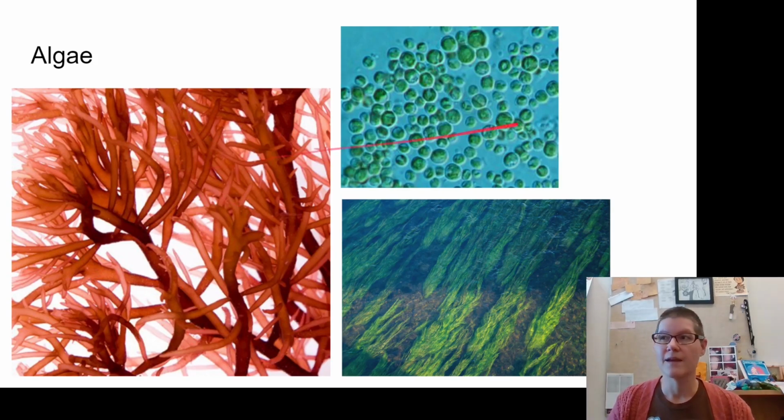This is chlorella, and chlorella is a useful algae because it's one of the very few that produces EPA, which is a fatty acid in the omega-3 category, which is one that is important to developing humans and human brains and human function that is often difficult to get from places that aren't fish and fatty fish flesh. And then this down here is kelp, which looks like a plant, very macroscopic in view, but is actually a brown algae, so it falls into the same category, and it is a great source of iodine, which if you're not having iodized salt, you might need more of in your diet.